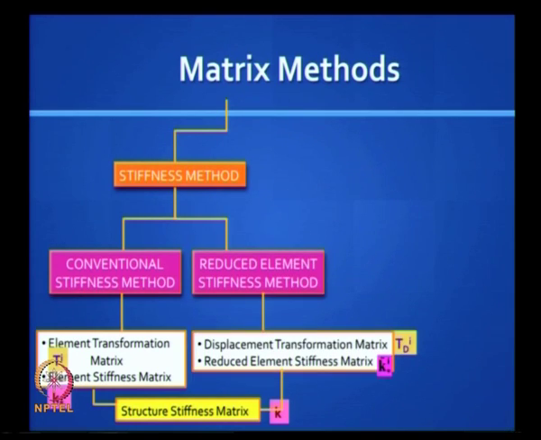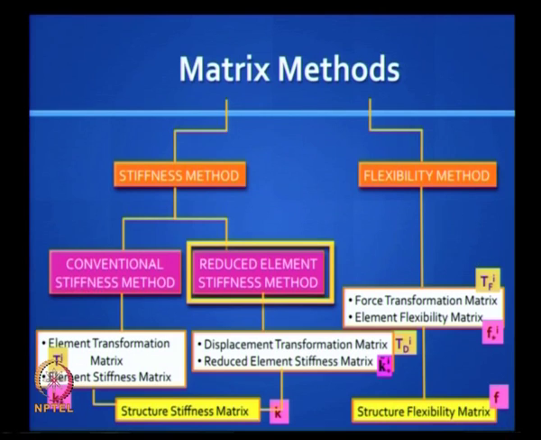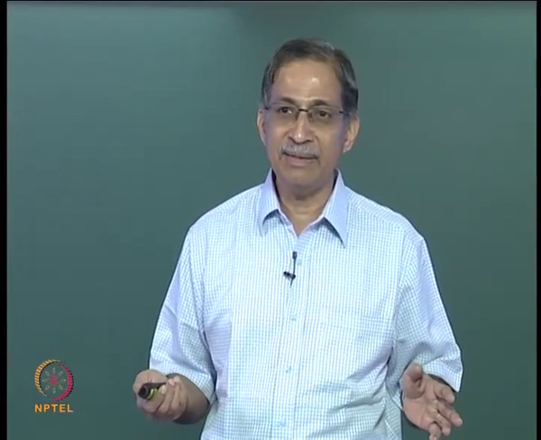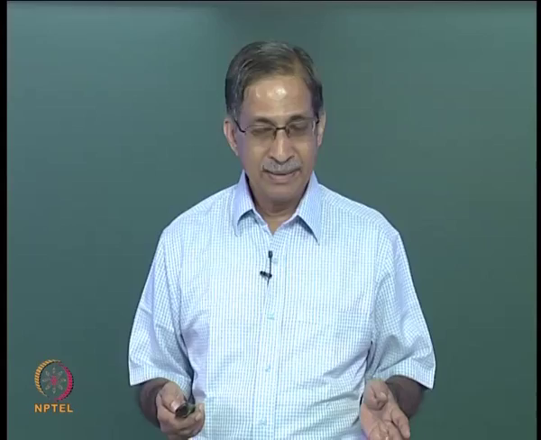Now we are going to look at the reduced element stiffness method. We will see the flexibility method after that. They are similar, so it is easy to see them. If you recall, we can take advantage of this reduced element stiffness method because the rank of the conventional stiffness matrix at the element level is less than full. So you can reduce it to the minimum, to full rank, and we have already discussed 3 types of elements. We will see other types later, but this is elementary.